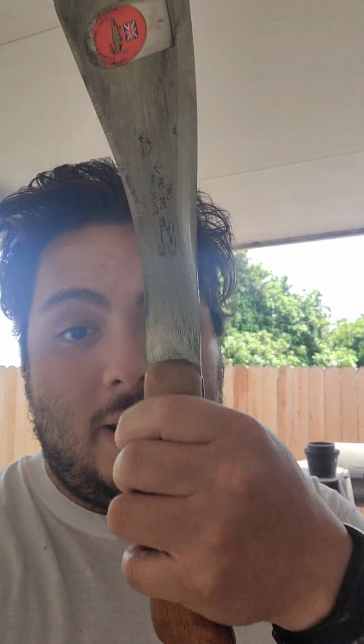I'm going to start a series called What the Hell is that Knife? Because from many comments, a lot of people are asking me, hey, what is that knife? What is this? What is that? And I do have some things that are relatively uncommon. For example, my Martindale jungle knife machete. And I've come across some things that I've never seen or heard of before in my